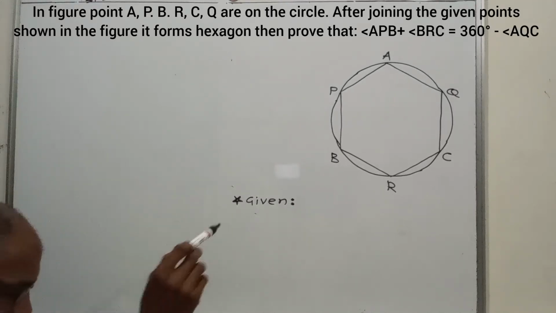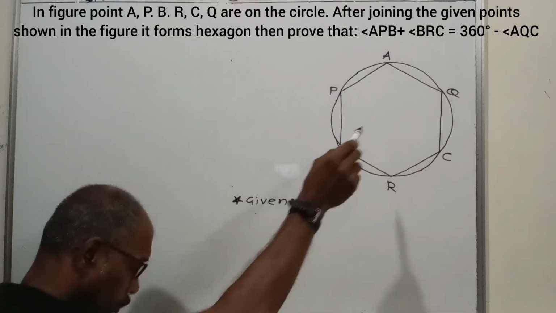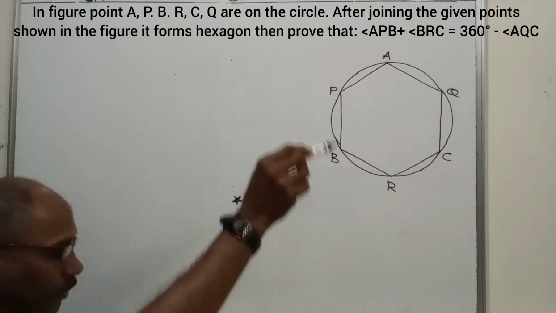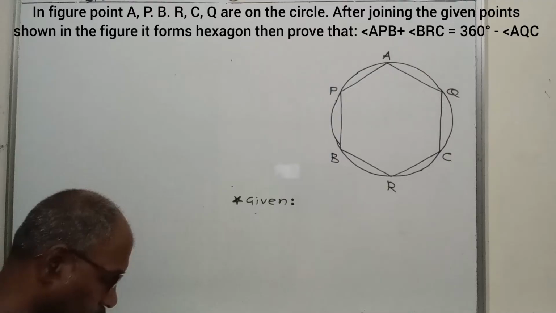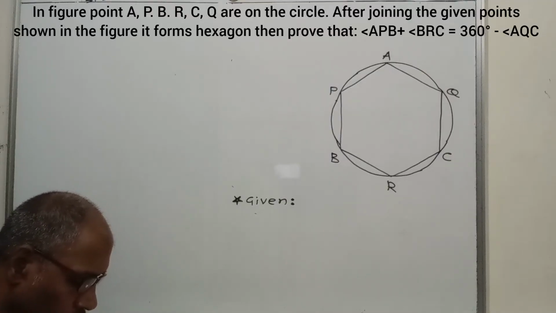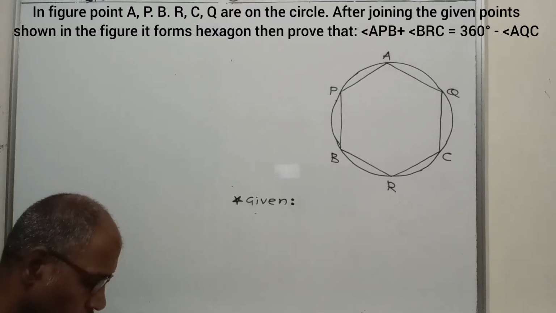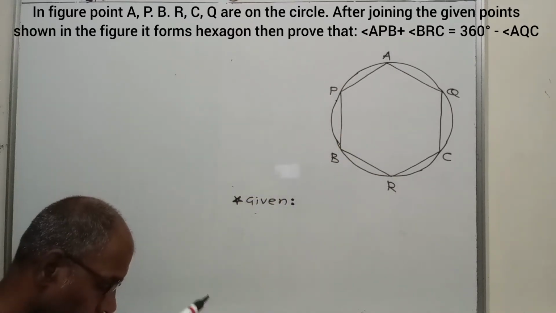In the figure, points A, P, B, R, C, Q are on the circle. After joining the given points shown in the figure, it forms a hexagon. Then prove that